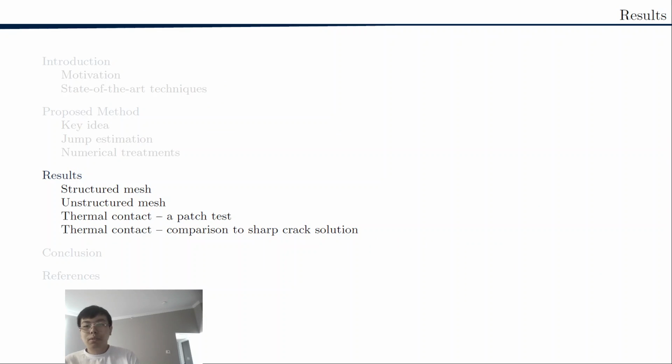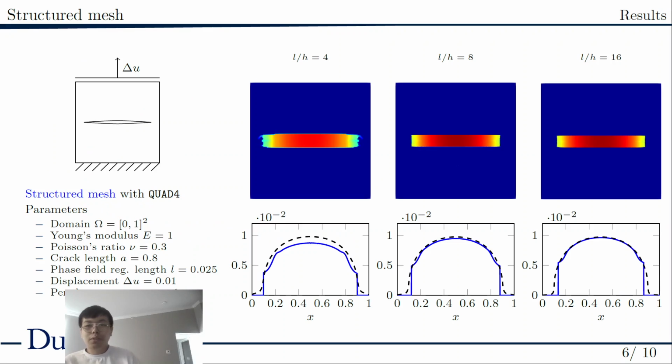So next I want to show you some numerical results. First of all, we look at a square domain with an embedded crack. The bottom is fully fixed, and the top is subject to a displacement control. The resulting jump field looks like this, and then as we refine the mesh, the result gets better,